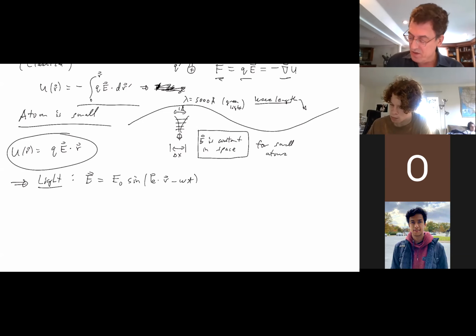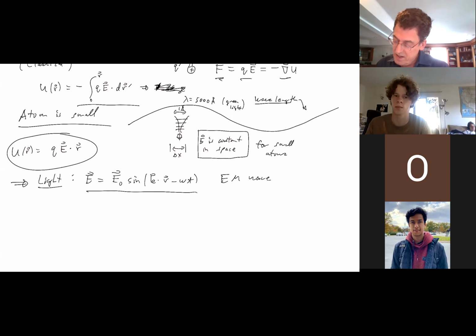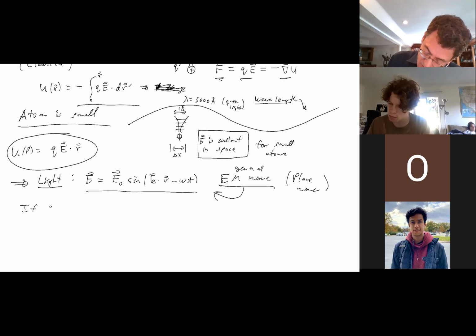That's an actual electromagnetic wave, an EM wave. But what we're assuming is a general electromagnetic wave, a plane wave. But if the atom is small,